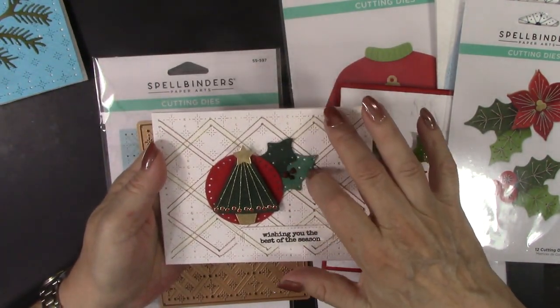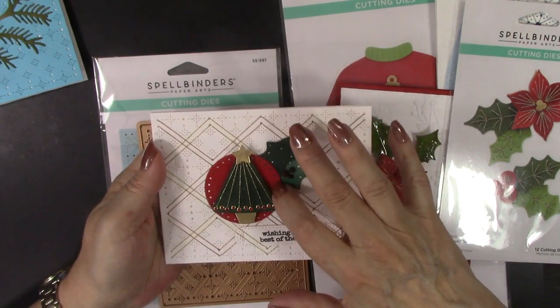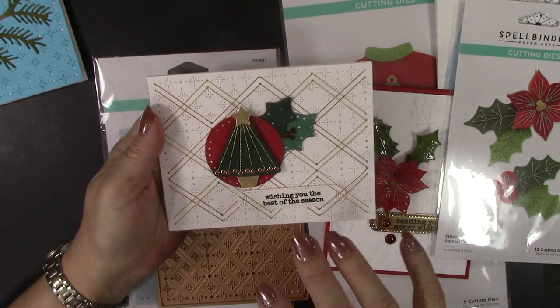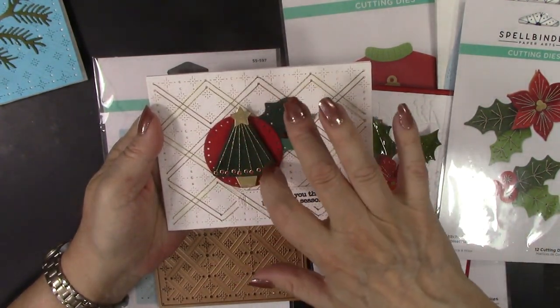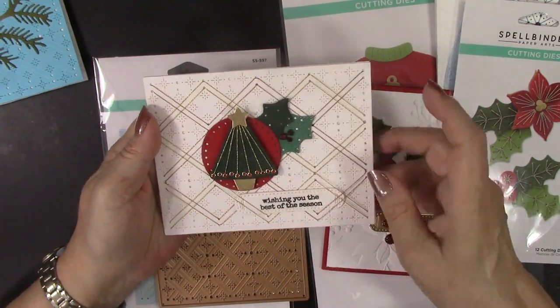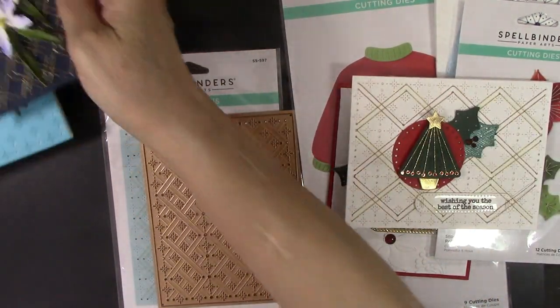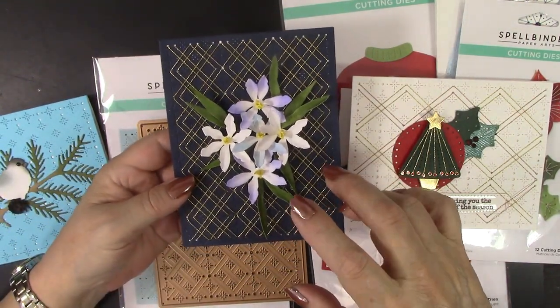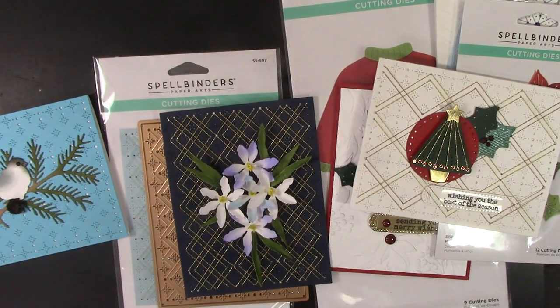as some leaves that could have been stitched, but I chose not to, as well as this circle here could have been stitched. So again, you can make choices. You can make it as simple as you want, and these just take a few seconds to make. Here is another card with the stitched Argyle background and some new dies